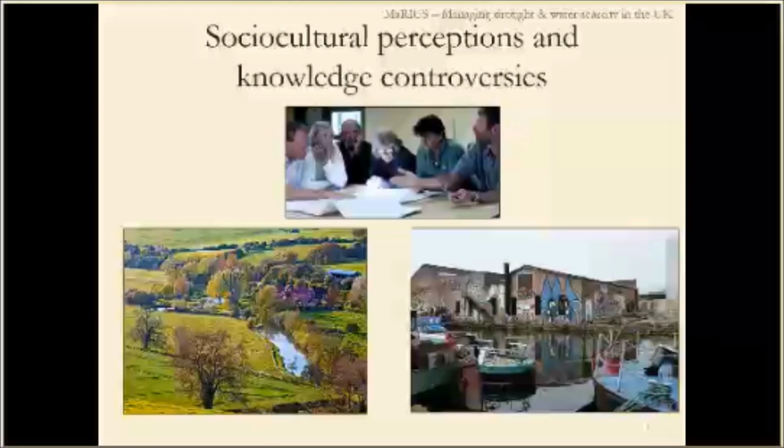We're using a public engagement method that's called an environmental competency group, which was initially developed by my colleagues Sarah Whatmore and Katarina Landstrom, who are the other members of the human geography team on MaRIUS. They developed this competency group method for work that they did on flood risk in the UK. And this is one of several types of public engagement methods that are out there. This one is a bit different from other methods in a few ways. I'll just touch on a couple here.